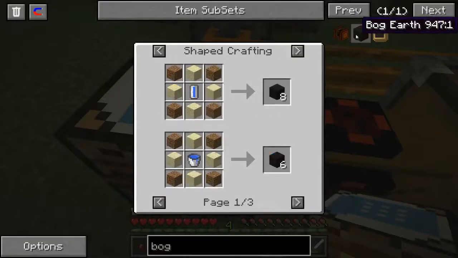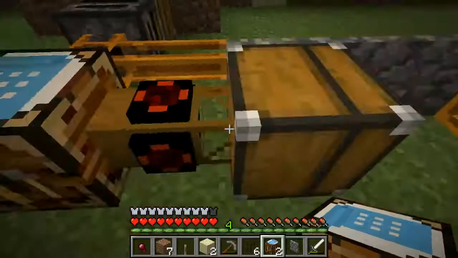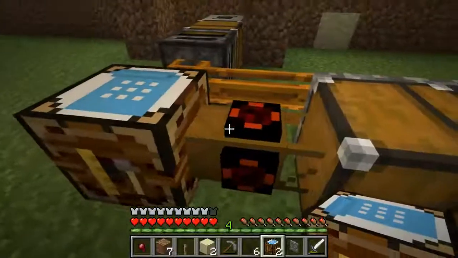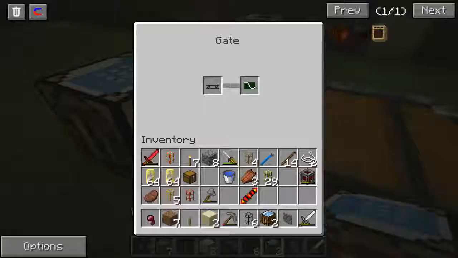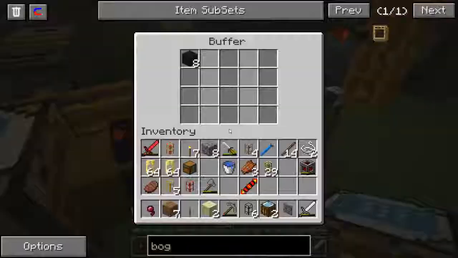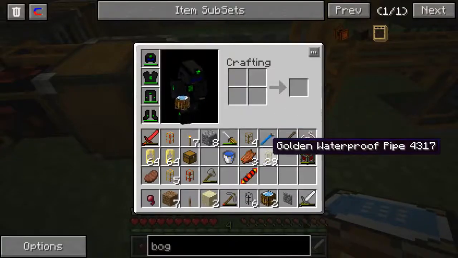Oh, I probably did it wrong, didn't I? Yeah, I did. So now this should be pulsing. Perfect. So now that put it in the buffer. Now if I just connect the buffer up,